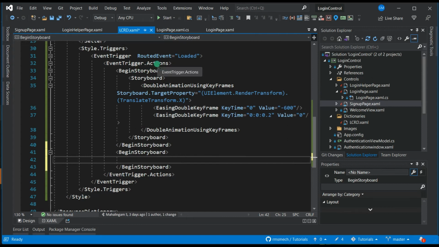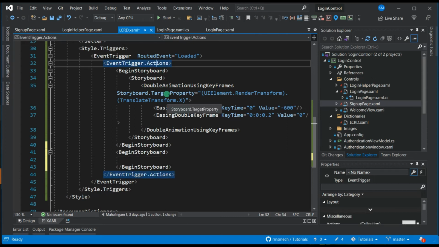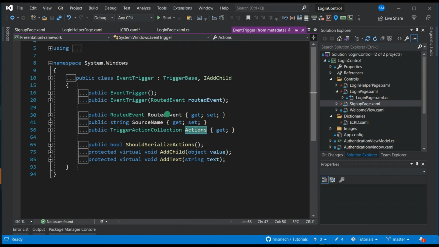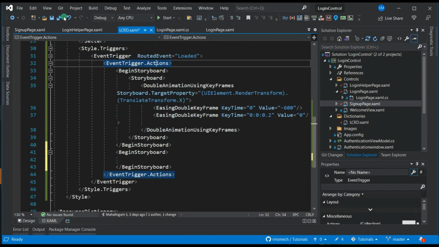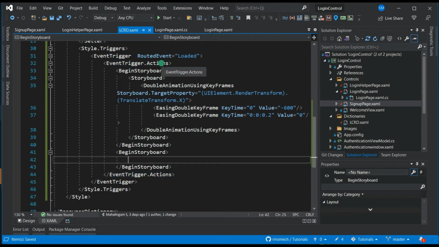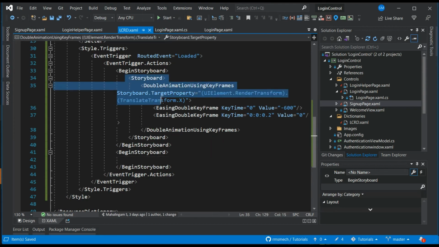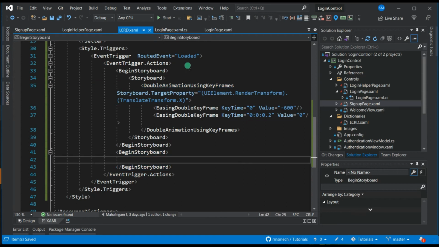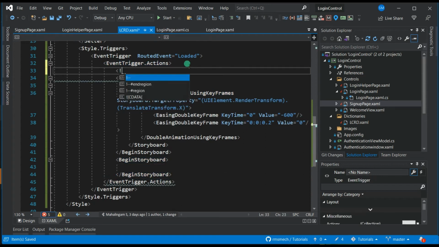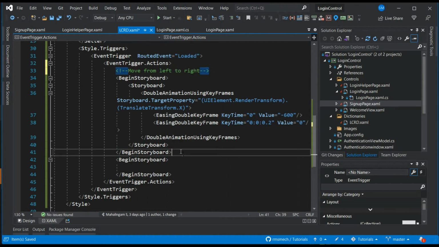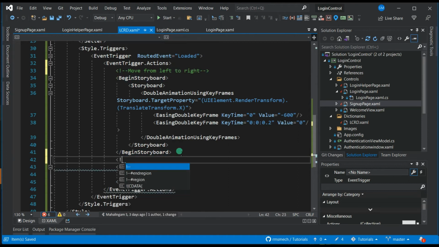Okay, because usually since this says actions, if I press F12, it should be some kind of a collection. So it's a trigger action collection, which means that I can have more than one value inside. If it is not a collection, then you cannot have two values inside, but that's fine. We have one more storyboard. Let us create one more storyboard. The first storyboard is move from left to right, and the second storyboard is